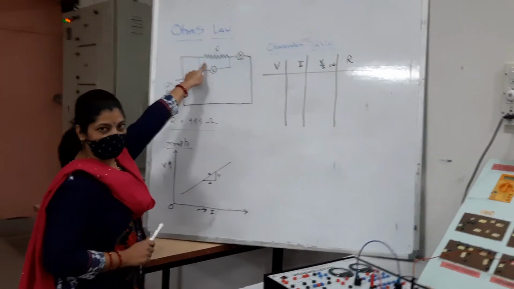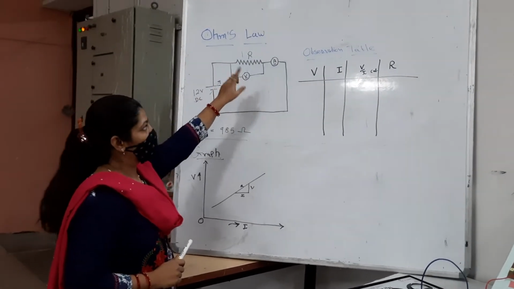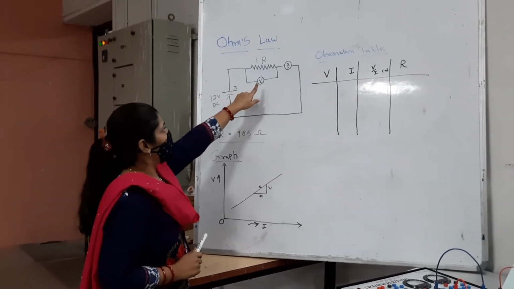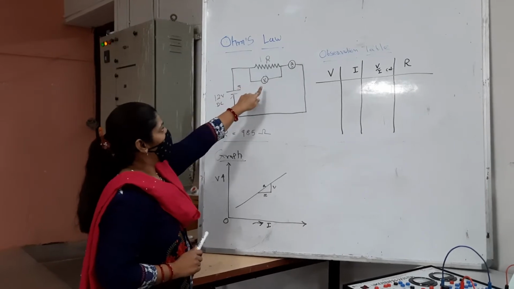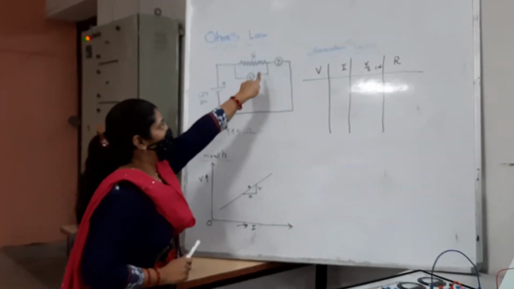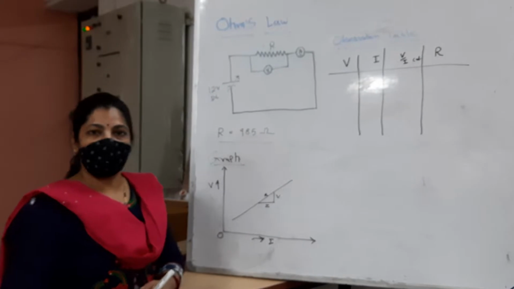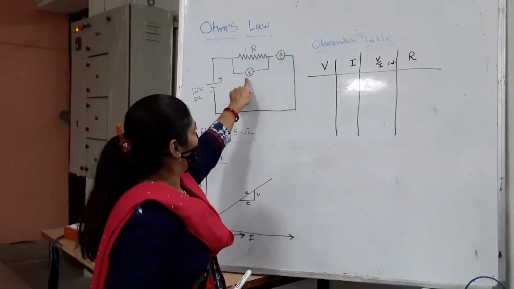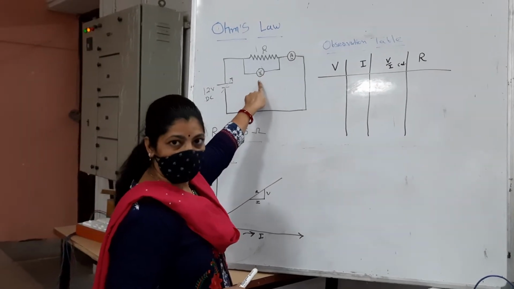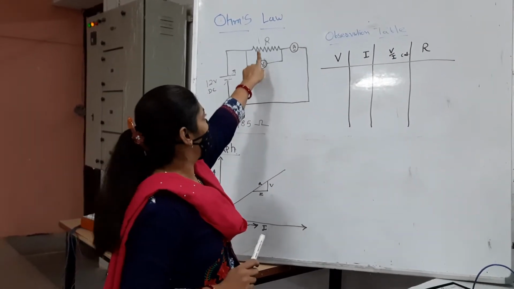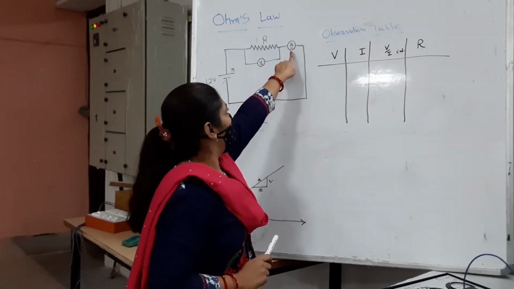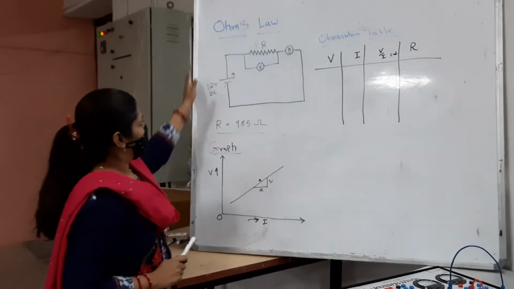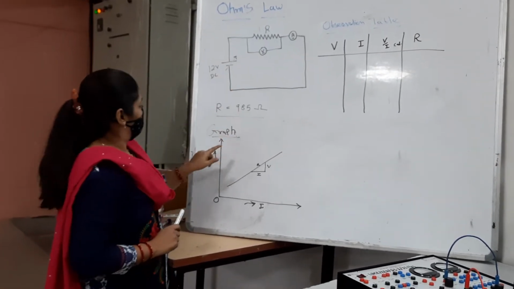It is the fixed resistance. I have already told you that we are using the value of R as 985 ohm, and as per the concept of Ohm's law, we are interested in measuring the voltage across that element and the current passing through it. As per the logic of measurement devices, a voltage measurement device is always connected in parallel to R, and an ammeter is connected in series with the element. So this type of arrangement we are going to make.